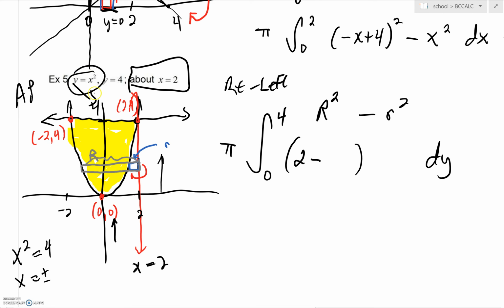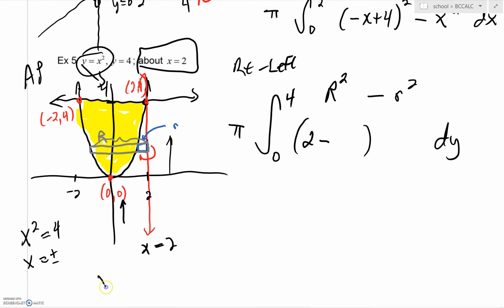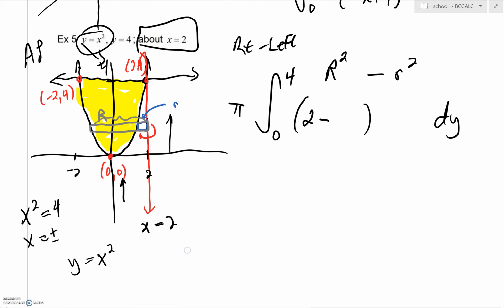The left boundary, be careful. This x squared is equal to y. I need to solve for x. If I take my square roots, I'll have x is equal to plus or minus radical y. Over in this second quadrant, that's where x is equal to negative radical y. In the positive first quadrant, x is equal to positive radical y. So I'll have right minus left. I'll have x equals 2 for my right boundary. The other one is